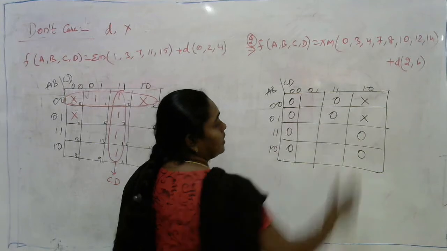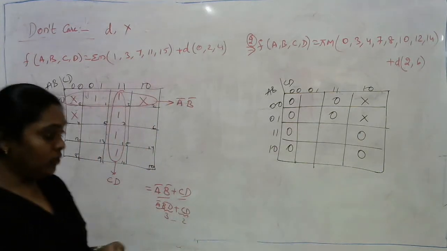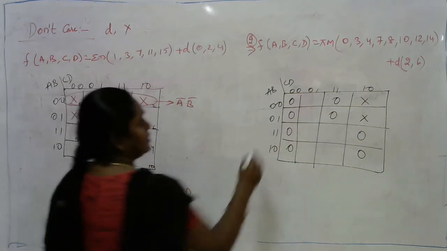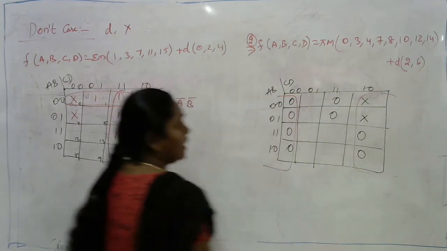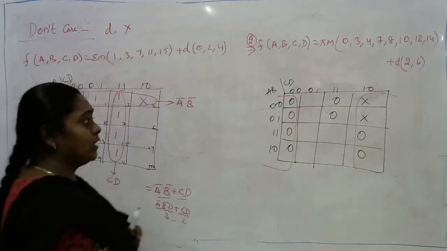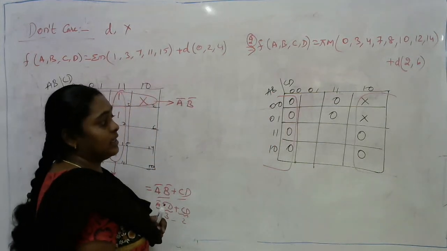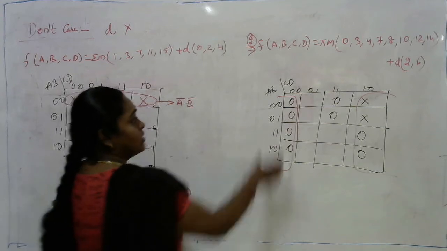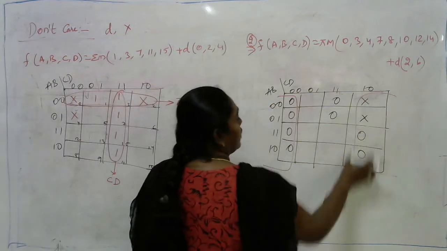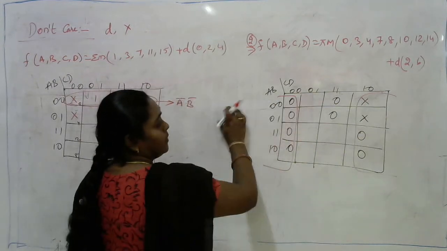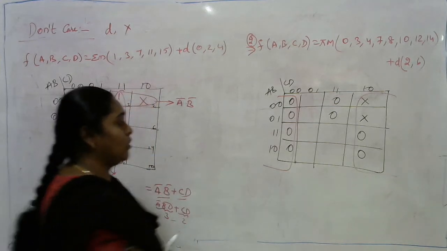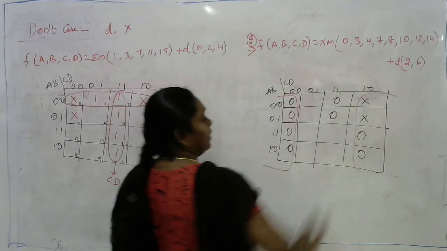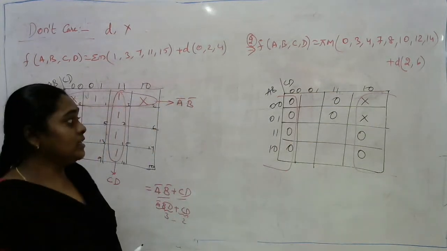But if you consider these two don't cares as a POS, you can make the first and the fourth column adjacent, that is nothing but a grouping of 8 cells, which is called an adjacency. So the first column followed by the fourth column. As it is present in all the rows, the complete A and B values will be cancelled out, so we are left with only the columns, that is nothing but C and D.